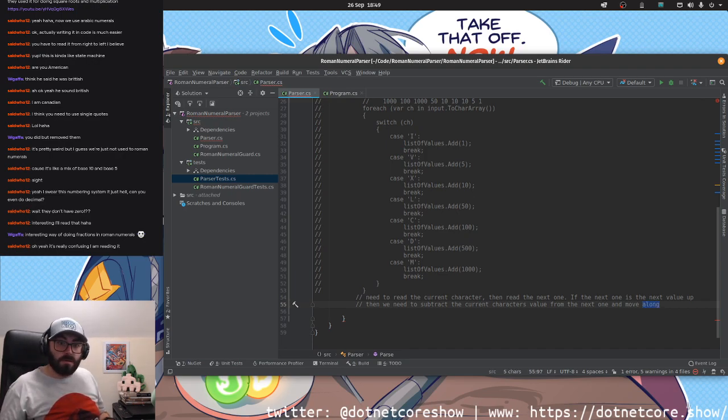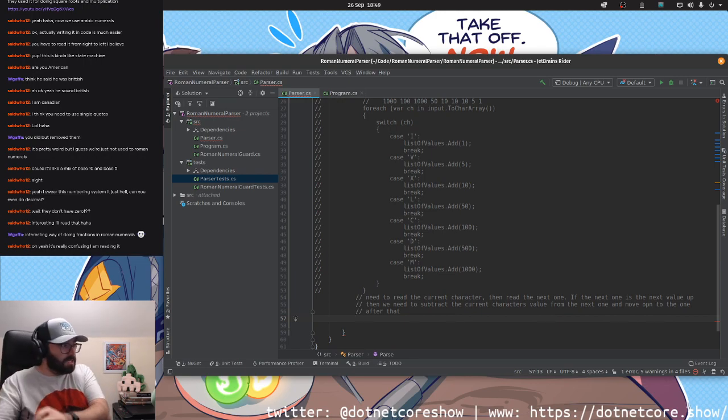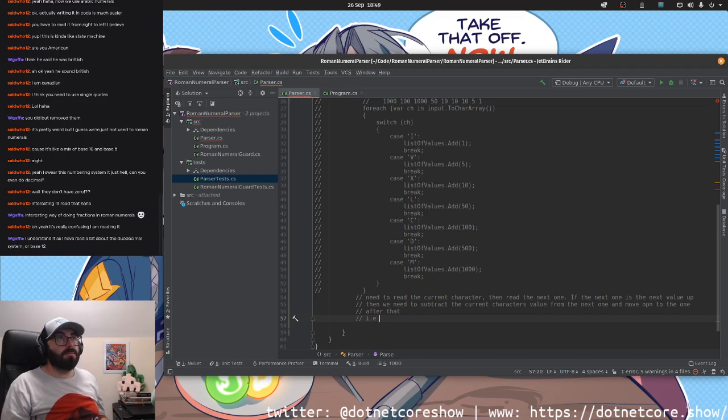Move on to the one after that. So this is the kind of steps I'm going for: take this current value, look at the next one, do we need to add or subtract, and then move on, and add or subtract, move on, add or subtract. So my example is going to be